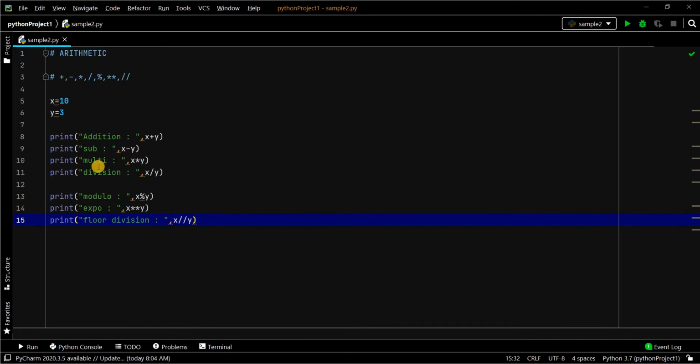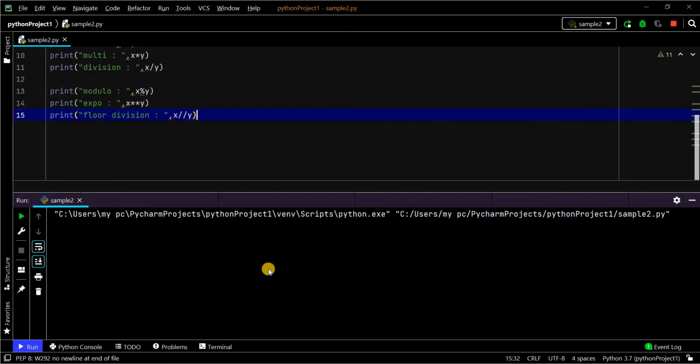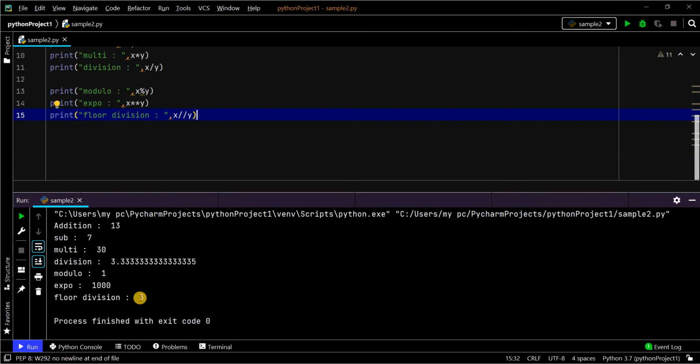Let's see. For division it should be 3.333 something, and for floor division the result should be plain 3, whole integer 3. This is the difference between division and floor division.